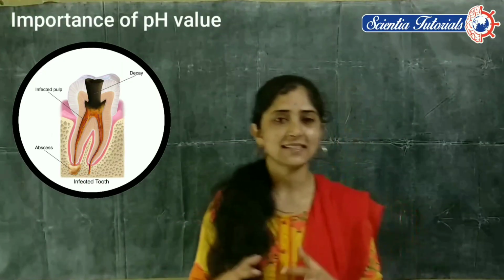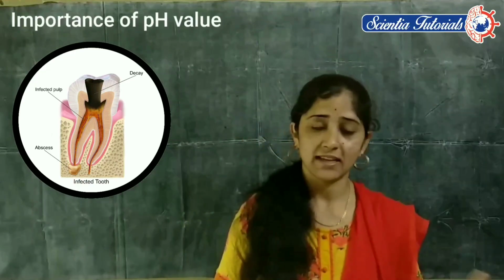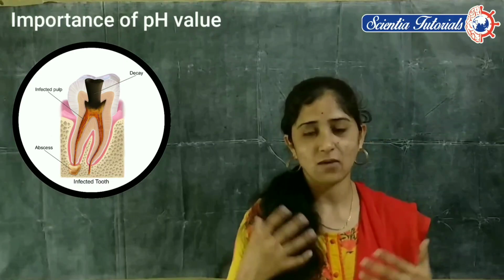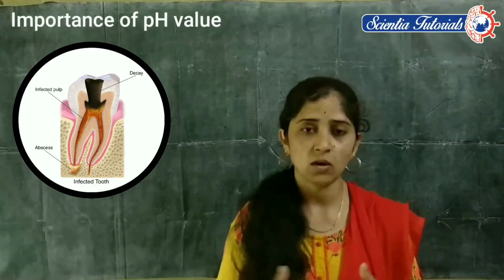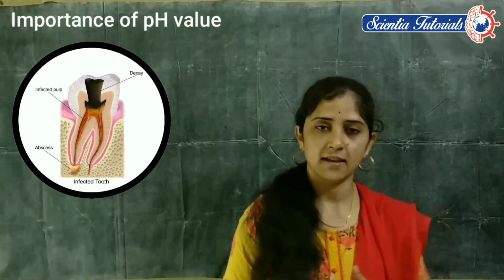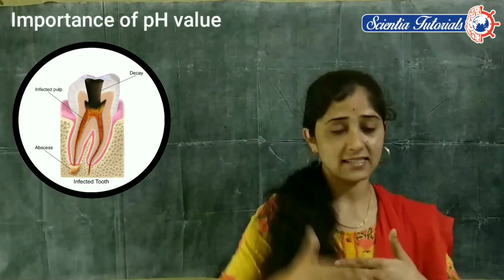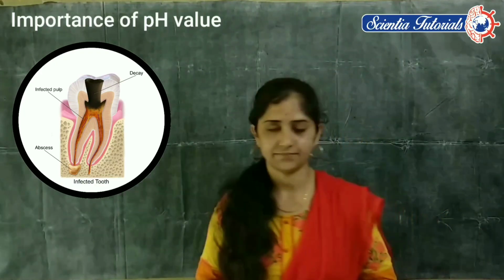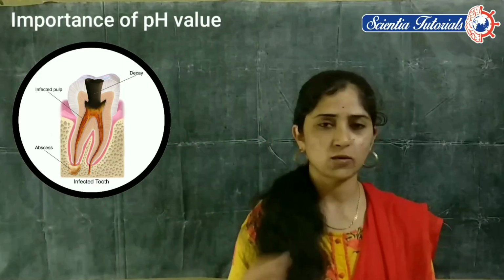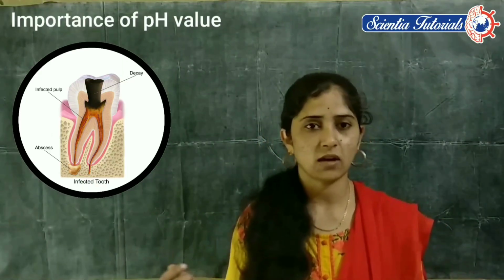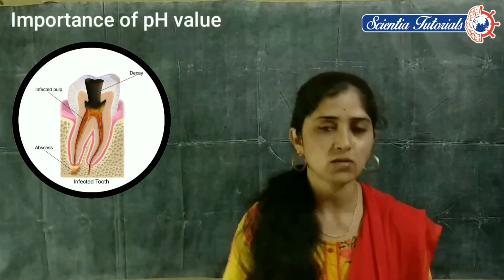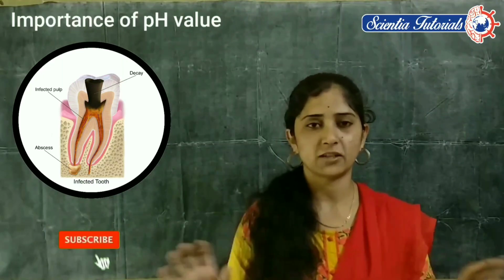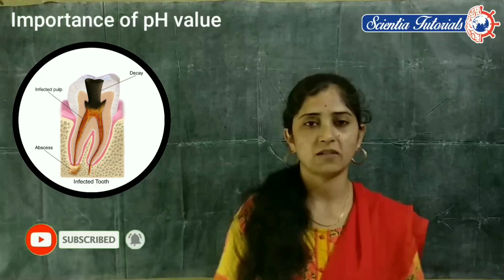So this is when we get tooth decay. We will get tooth decay when our mouth pH value, that is, of the saliva, decreases below 5.5. So we have to neutralize that by using toothpaste or something different, like salt. We brush, and like this we neutralize the acid property of the mouth. We should not let it fall below the 5.5 value.